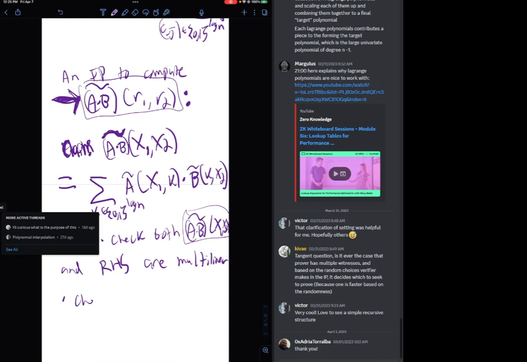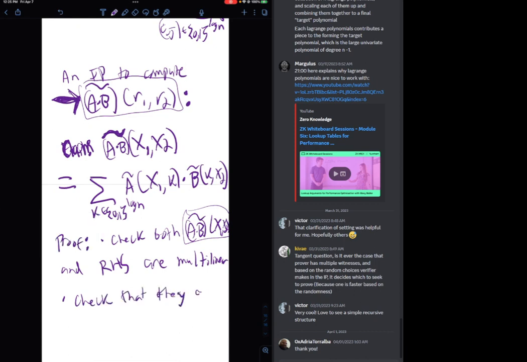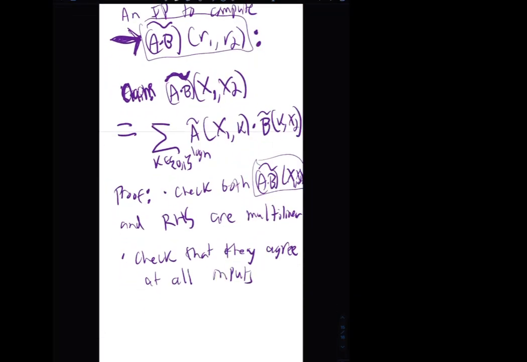And then that they agree on all inputs in {0,1}^(2 log n). The number of them is 2 log n. Okay, if you check these two,